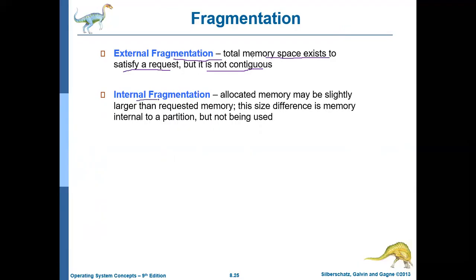Whereas internal fragmentation happens with fixed size partitioning, that is, allocated memory may be slightly larger than the requested memory. This size difference in memory leads to internal fragmentation. I guess you remember, always we fix the size of the partition. So if each size is 100 MB, and a process of 75 MB comes, then the remaining 25 MB is wasted. So that is what this statement means: allocated memory may be slightly larger than the requested memory.